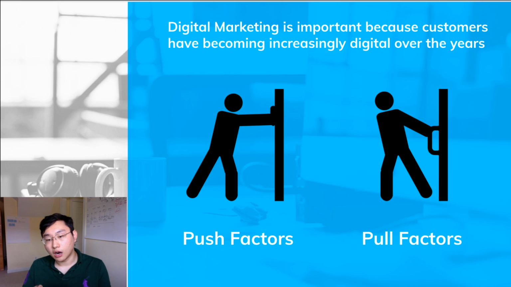The pull factors are the factors that provide opportunity for businesses because this new digital channel exists. Beforehand, if you ran a shoe company in New York, you probably could only sell to the surrounding regions of New York State or maybe New Jersey, right? But right now with the digital channel, you can reach people across the continent, someone in India, almost instantly. If you run an online presence, you can sell your shoes to them as well, which provides a lot more opportunity than before. So let's look into each of these factors in more detail.